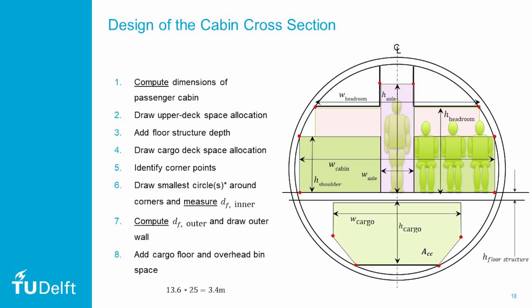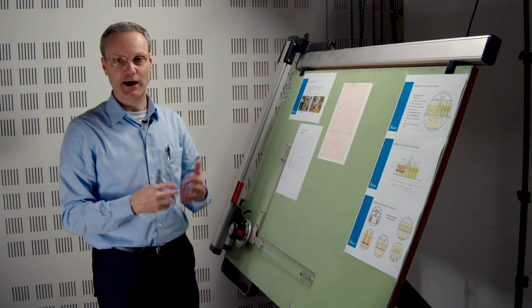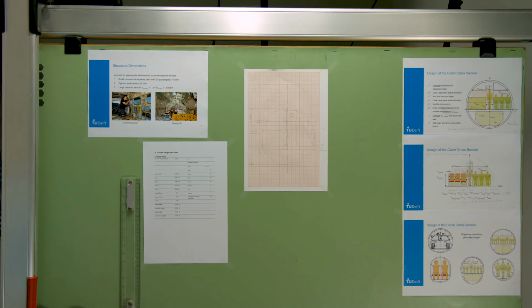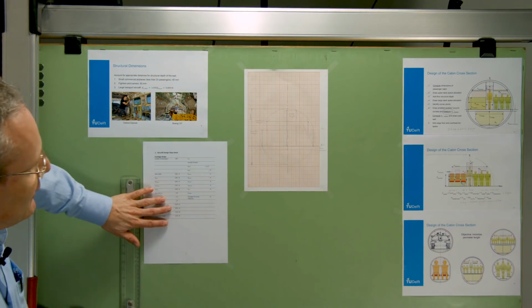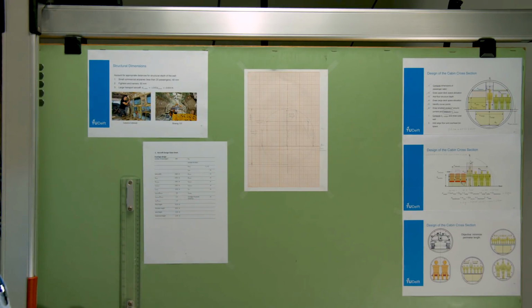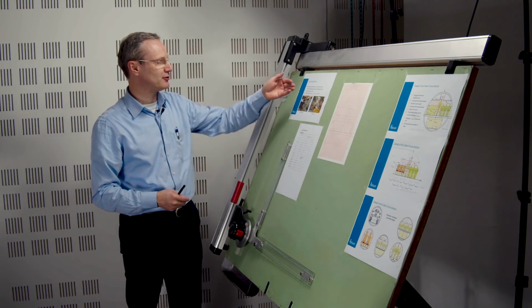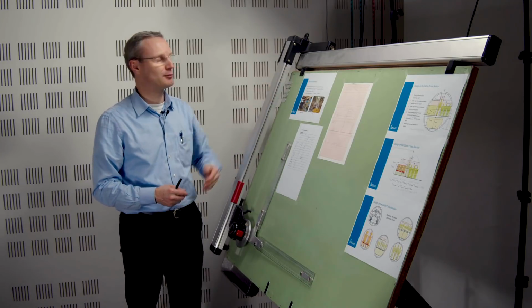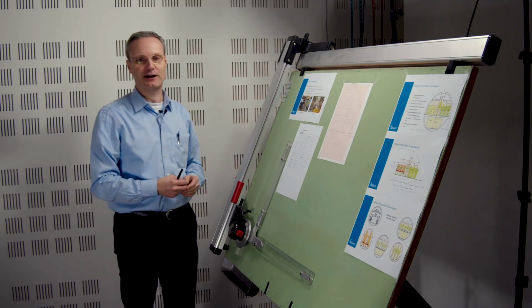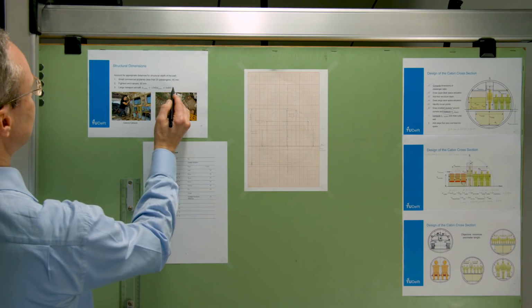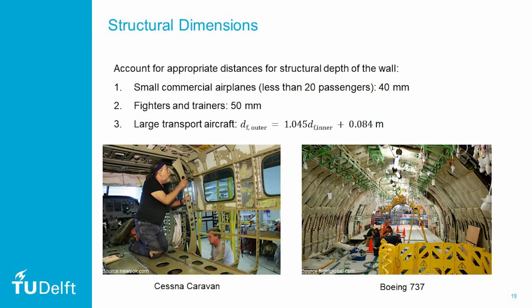Now, step 7 says compute the outer diameter and draw the outer wall. How do we need to do that? Well, we need to go to this slide, the structural dimensions. We do have the structural dimension of the floor because that has been given, but for the structural dimension of the wall, we use the formula for large transport aircraft, because this is not a fighter or a trainer, and this is not a small commercial aircraft with 20 passengers. So we'll make use of this formula here, which says it's